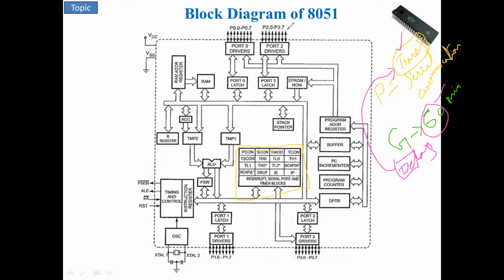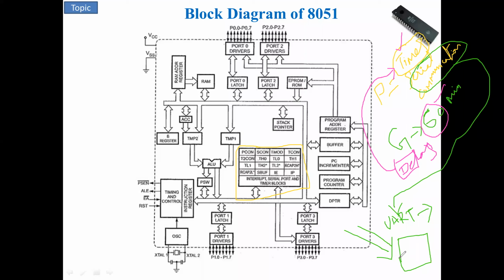Let me go to another one, serial communication. We have different types of serial communication. In the 8051, you have UART type of communication. You want to transfer data at a certain speed from one device to another device, for example, from the controller to another microcontroller or display units. You can interface with a certain baud rate speed.